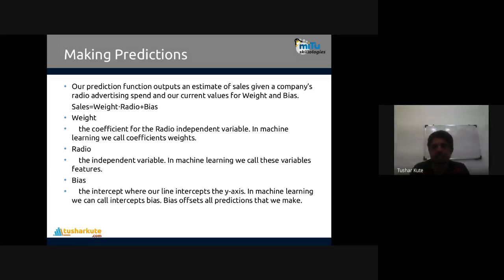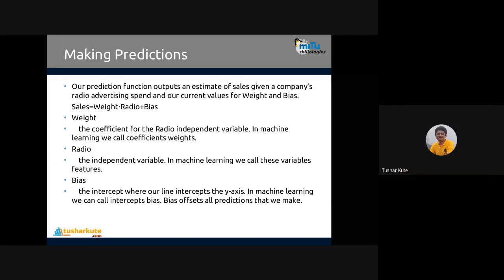Fine. Bias, then, the third case. Bias is the intercept, the y-intercept, where our line intercepts the y-axis. So in machine learning, we call the intercept bias. Bias offsets all the predictions that we make. So only multiplication is not possible. We have to add something also. Just like, for example,